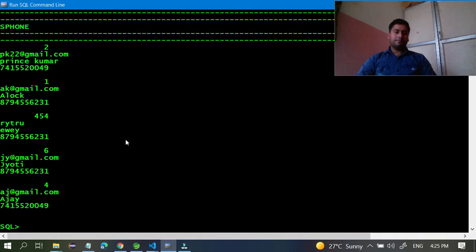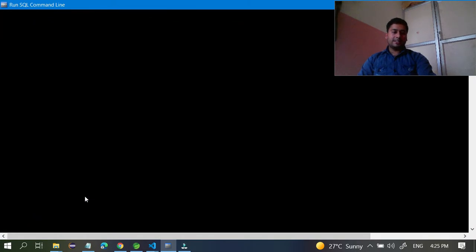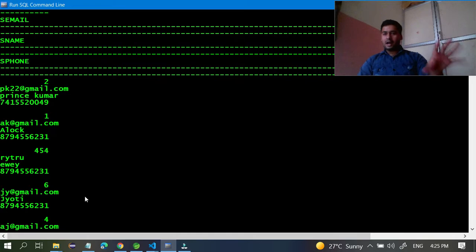This is my table name, SMS, Student Management System, and this much data is already available in our Oracle database. Those data I want to display in our Angular application.